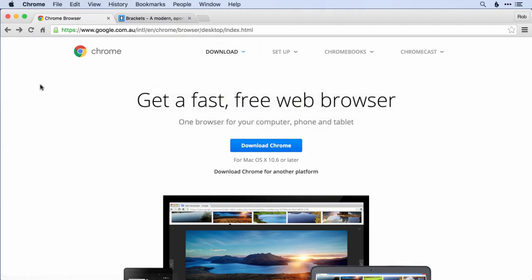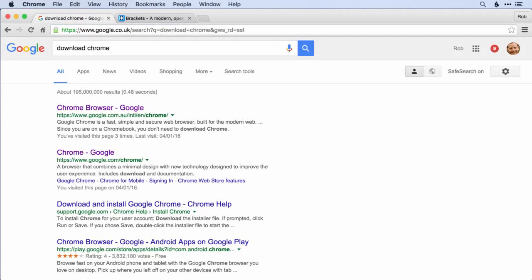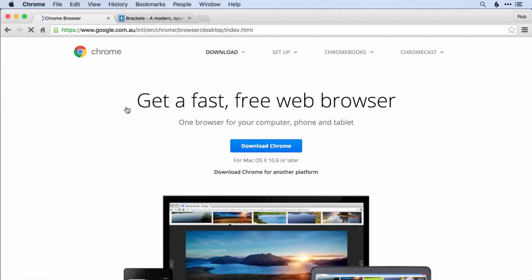Now, as I've mentioned before, we're going to be using Chrome as our browser for this course. If you use a different browser, such as Firefox, Internet Explorer, or Safari, then you're welcome to carry on with that browser, but I'd recommend switching to Chrome because then you'll see exactly the same as what I'm showing you here on the videos. So to get Chrome, just type download Chrome into Google and click on the top result,